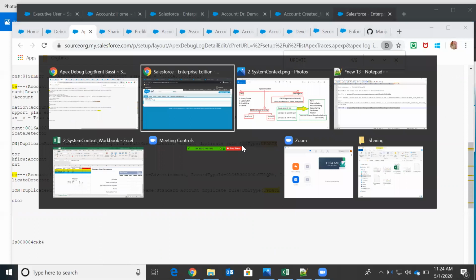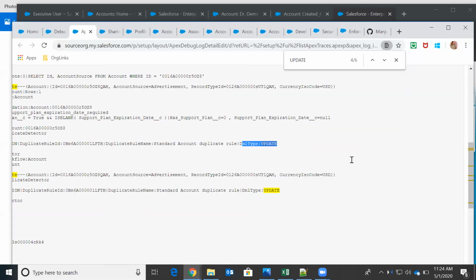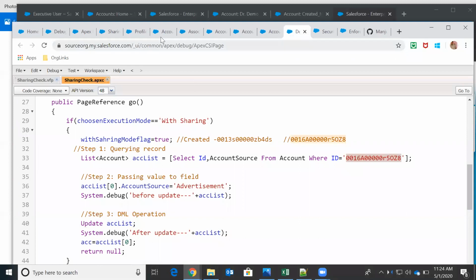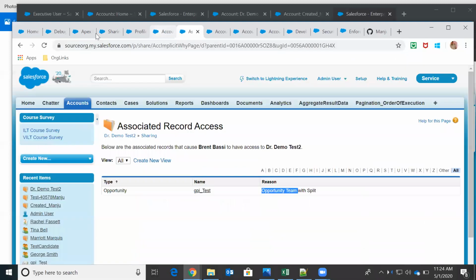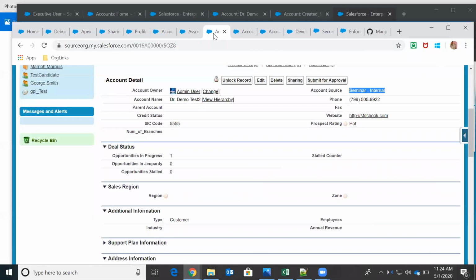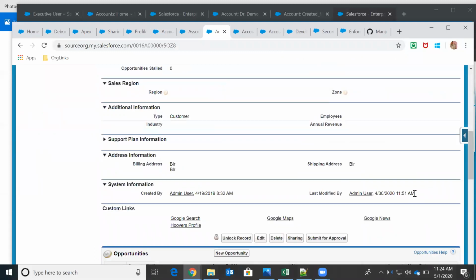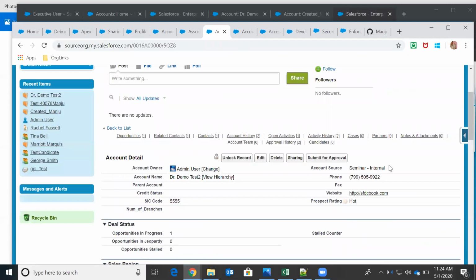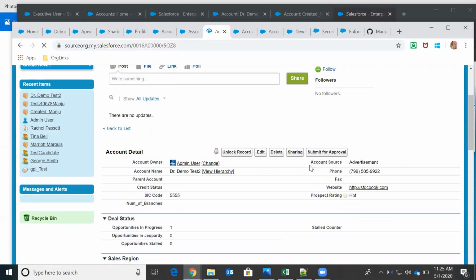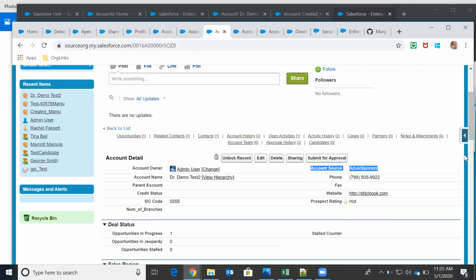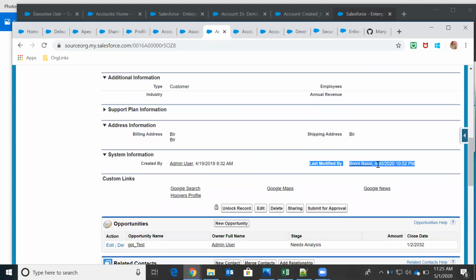So what is the proof now? What is the record? This is the record. We already opened it here. Where is this record? Correct, this is the record. Earlier, this was last modified by 430 by admin user, and as for the account source field, we're trying to change it to some other value, right? Let me refresh this now. On refresh, see, account source is changed to this, and last modified is this user.